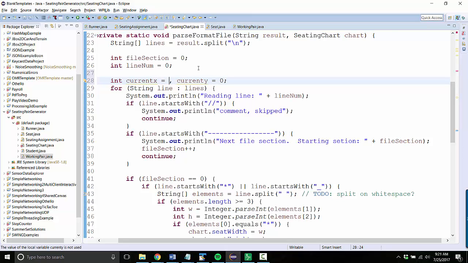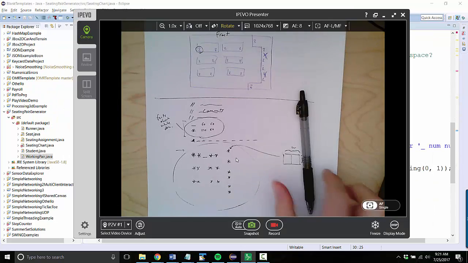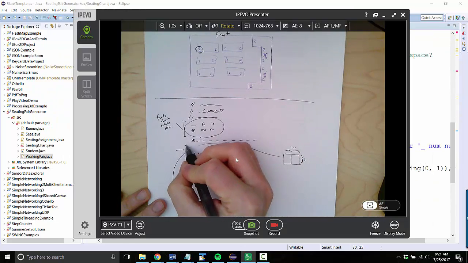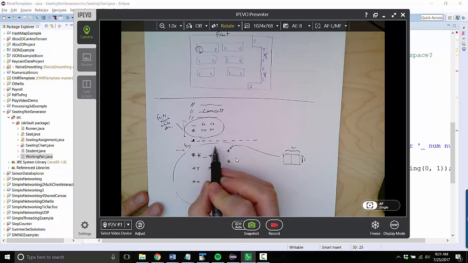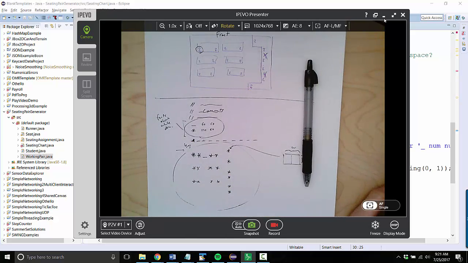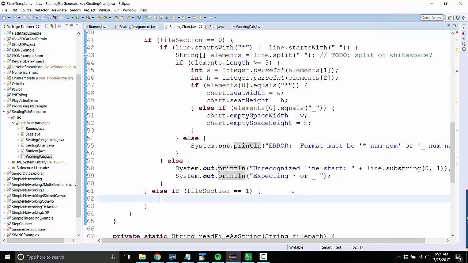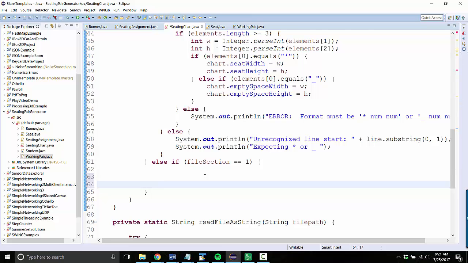So I'm going to set current x and current y coordinate to be 0 and 0, because 0, 0 is up here. And as I read character by character, we're increasing the x coordinate. And as we read line by line, we're increasing the y coordinate. And that's what we're actually going to use to assign coordinates when we actually create the rectangles. So let's see, every single time, all right, so we're in section 1. So at the very end of section 1, I want to say,